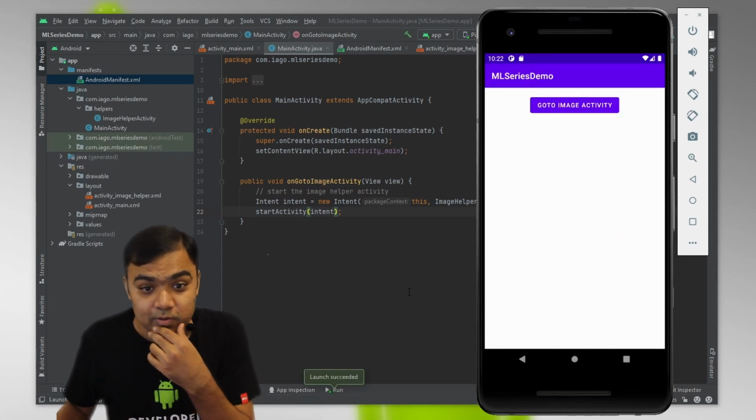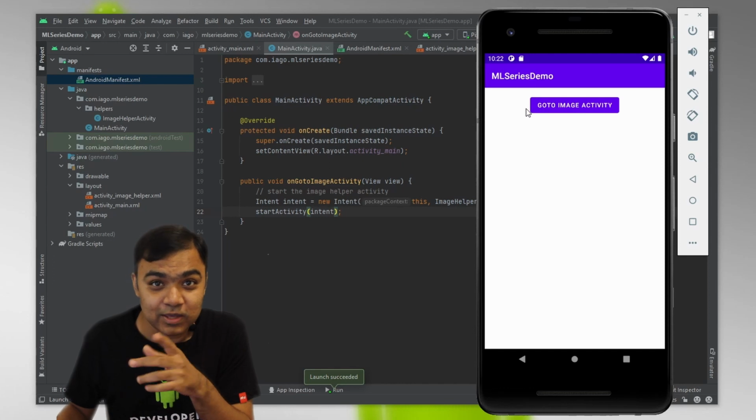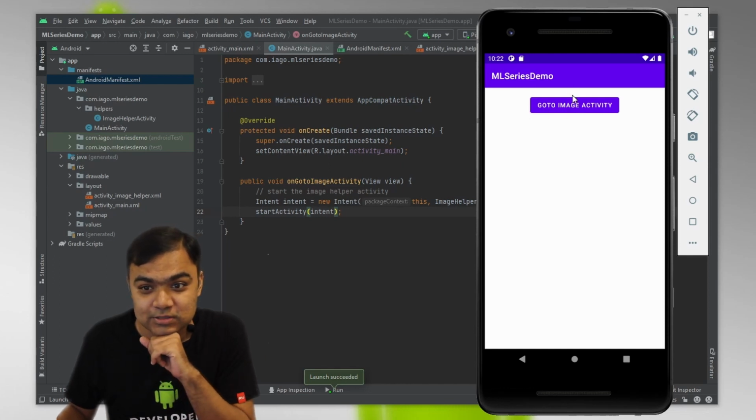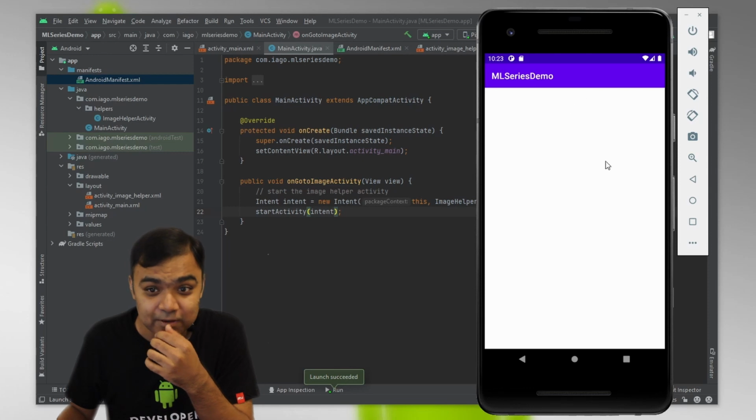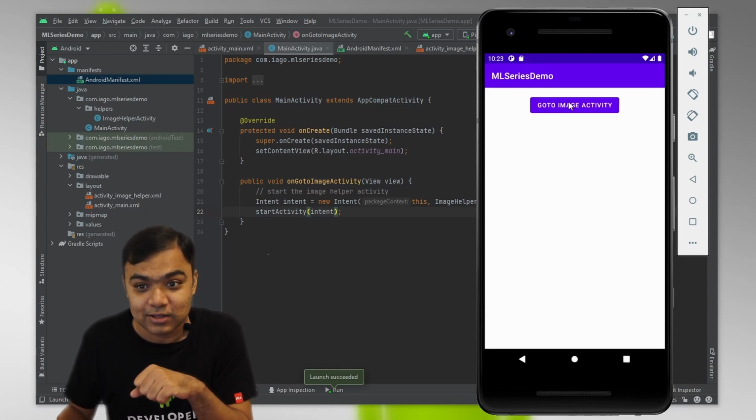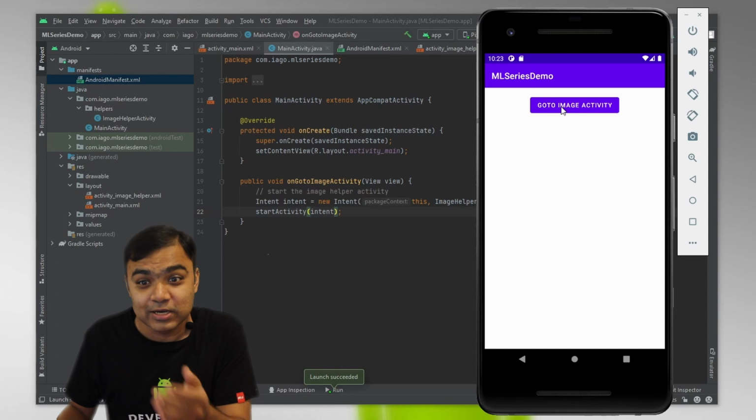Okay, so our new app is running now, and you can see that the button that we added is there on the top. It is centered horizontally because we gave equal left and right constraints, and it is at a little distance from the top because we gave that 16 pixel constraint. So as soon as I click on this button, it will take me to this new activity. Now this new activity is empty, so you don't see anything here, but you can see that the communication or the link between these 2 activities is now active. So as soon as I click on the button, I will go there, and if I click back, I will come back to the main activity.